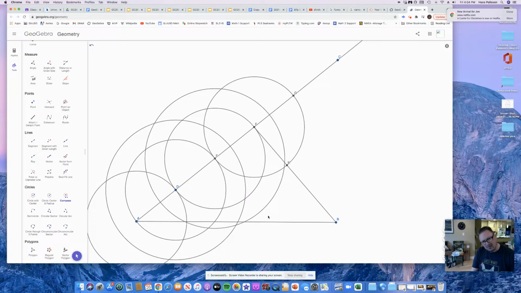And so, okay, so here's my intersection. We're going to go E through